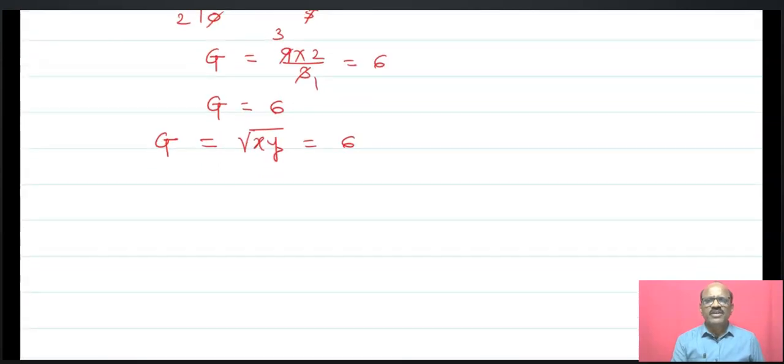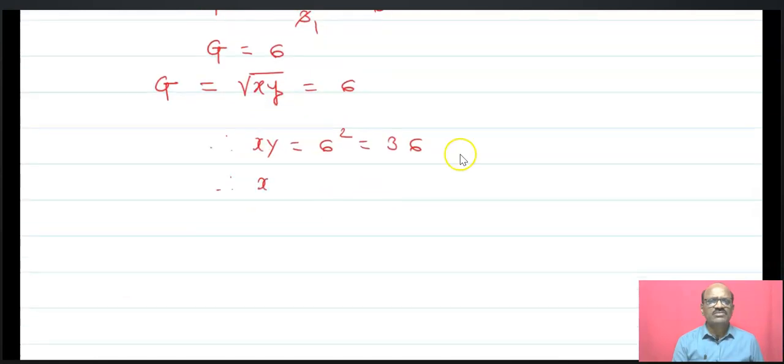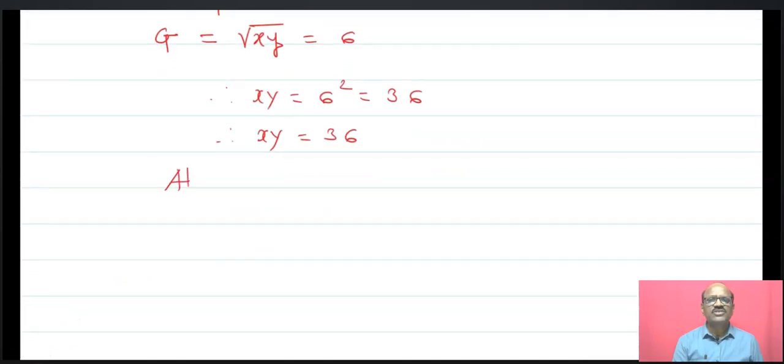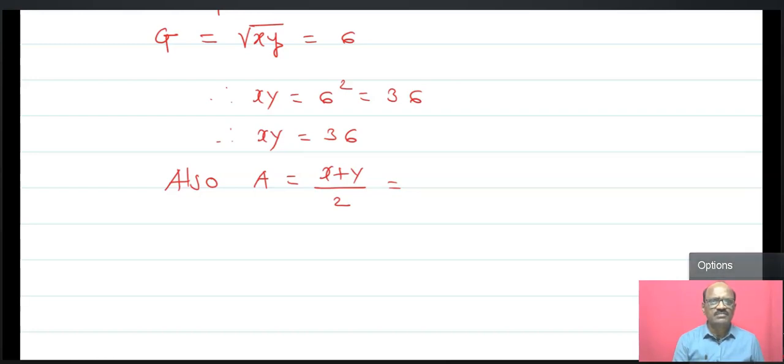Next, what is the geometric mean? The formula for the geometric mean is G is equal to the square root of xy, and that is equal to 6. Therefore, now squaring on both sides, you will get xy is equal to 6 square, that is 36, so xy is equal to 36. Also the arithmetic mean is x plus y upon 2. Now by using this formula, which we have given,